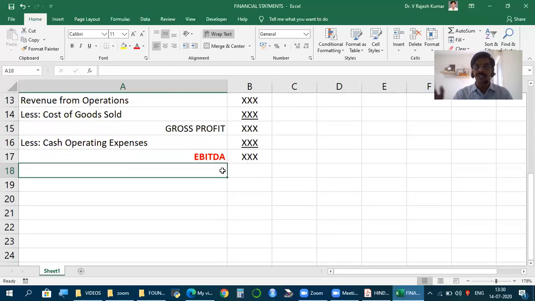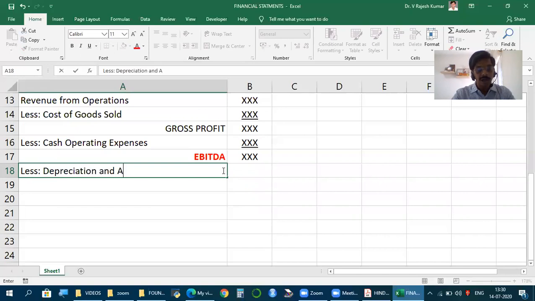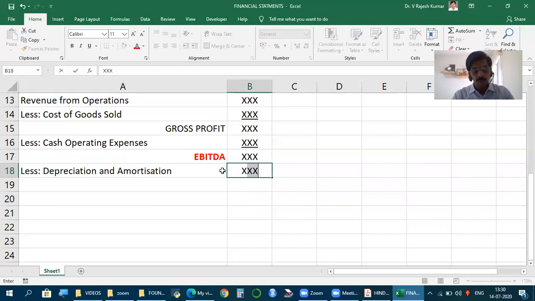As you go further into the subject, you'll understand how often we make use of this term, EBITDA, which is earnings or profits before interest, tax, depreciation, and amortization. And believe it, this information, EBITDA, has a very big role to play in a lot of decisions. Very important input. Why is it so important? Just a few minutes later, you will get to see. Now, from EBITDA, we deduct an interesting item called depreciation and amortization.